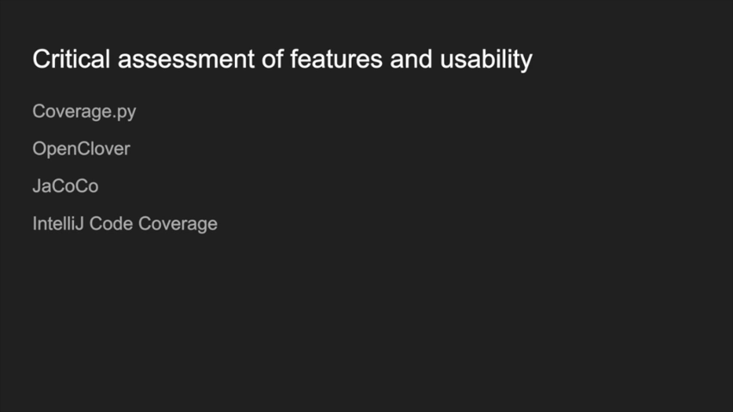Then we have OpenClover. This is a tool that is mostly used for Java, and this was a pretty useful tool to use. It has around 20 metrics, and it shows you graphics of what kind of code is being covered every single time that you do a test case. It is very usable and very easy to implement compared to JaCoCo,